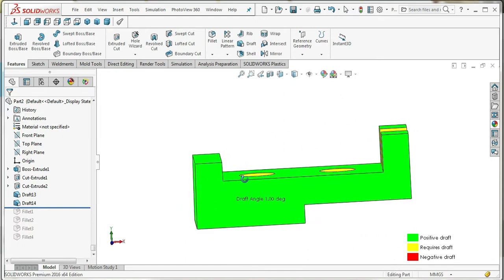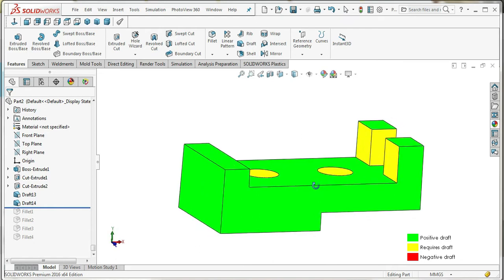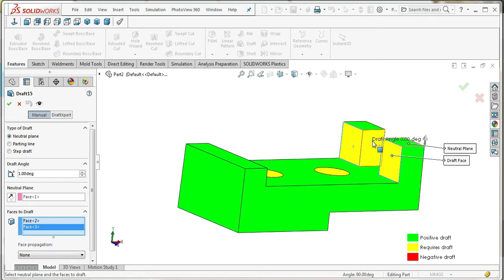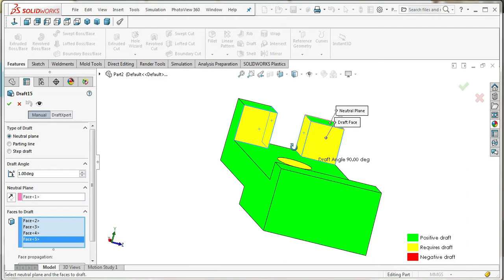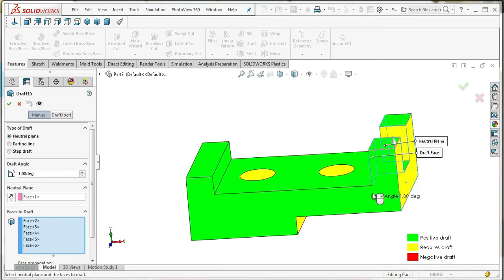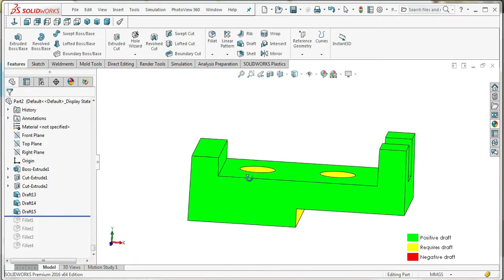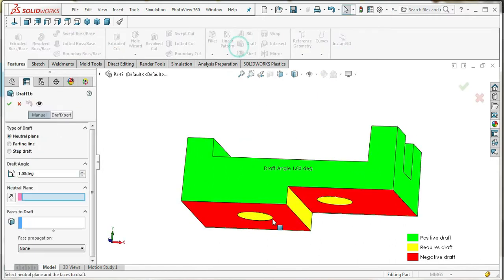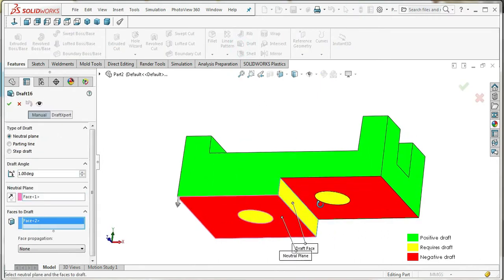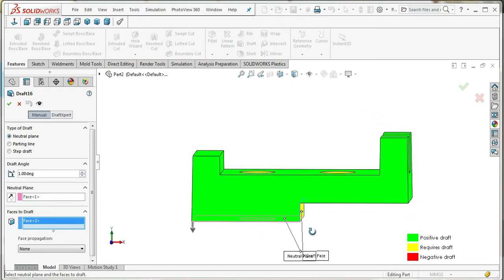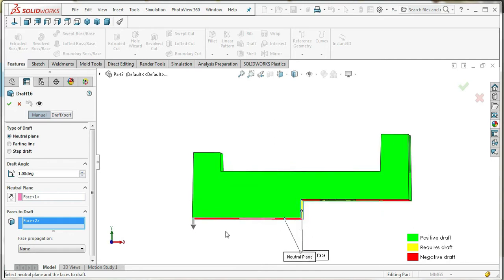Okay, and again click draft faces, the neutral face, and then select all the surfaces. Now click OK to create the draft. Another part is remaining, so create it. The bottom is a draft face; click the side face, also the same 1 degree.